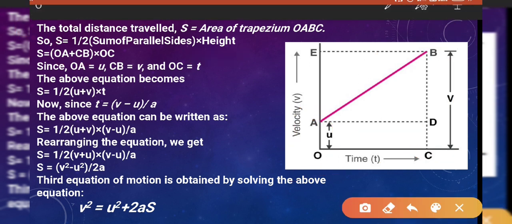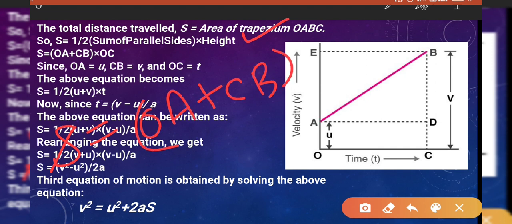So here we get total distance is equal to total area of the trapezium. Total area of the trapezium is half into sum of parallel sides into height, that is OA plus CB multiplied